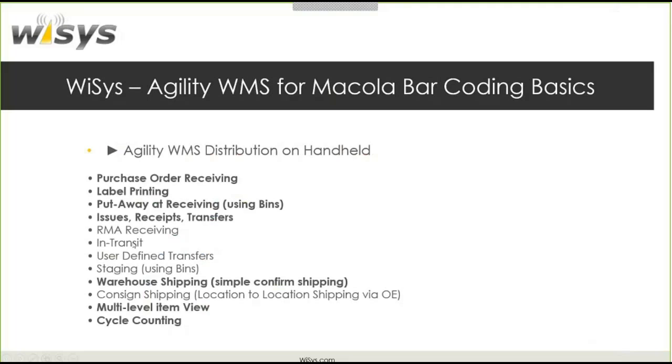And it would be very possible to look at shortages between one warehouse and another and create buttons on the screen and tailor that to make a recommendation of maybe building an in-transit. Lots of people use in-transits for products being shipped from China and getting containers of product in and knowing what's on the water. WiSys also has another process called consign shipping, also known as location-to-location shipping, which we work through